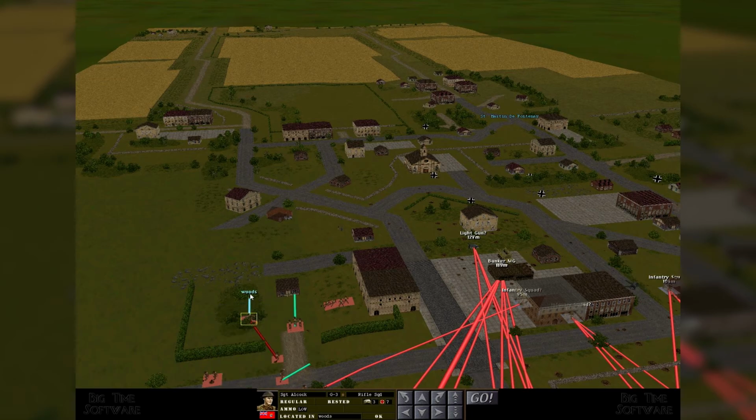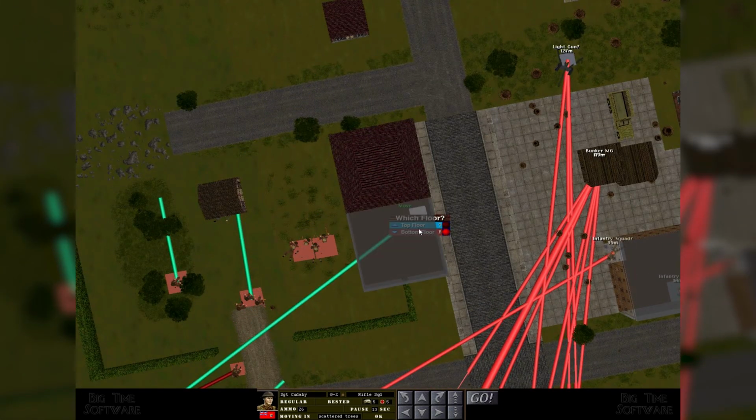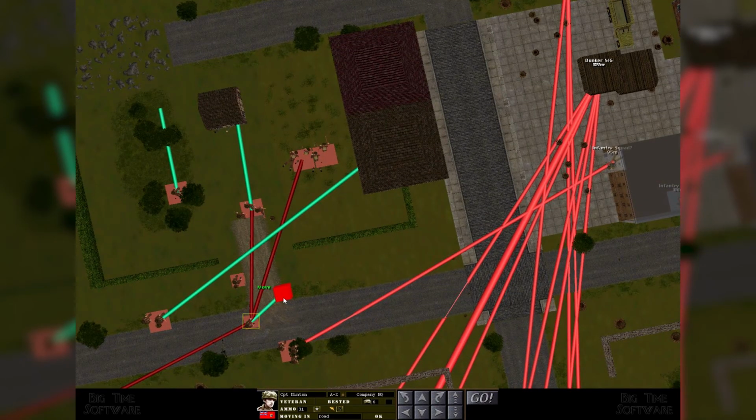I'm going to go in here, and this guy also will move up here to the woods. And the rifle squad will move into the building and see if I can target the gun a bit better. Or the bunker. I think the bunker will get...